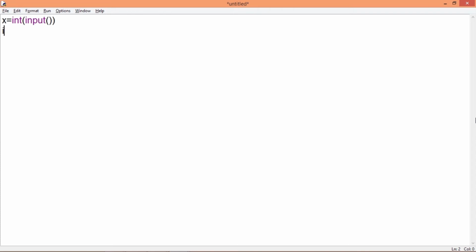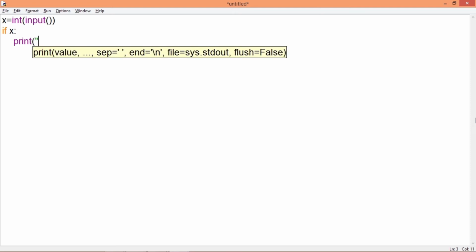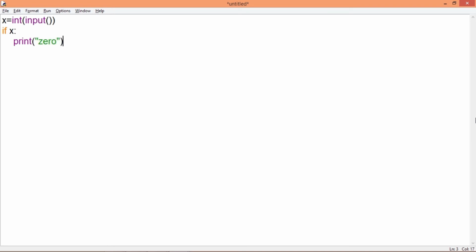Now what I want is, if the user gives a value in variable x as 0, then I would like to print on the screen it as 0, otherwise not 0. But if I write this code, wherein I am writing if x, this statement, 0, which is treated as a false value, will make my if condition false, and therefore it will not execute the statement print 0.